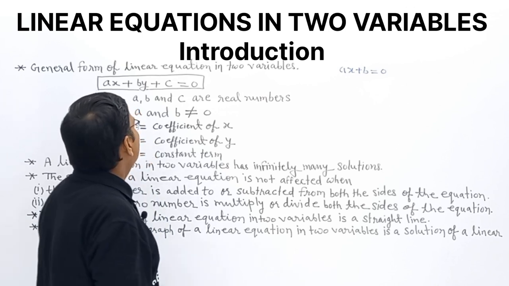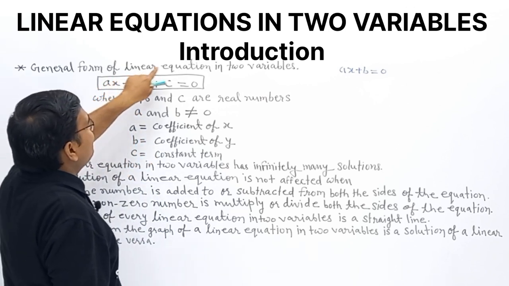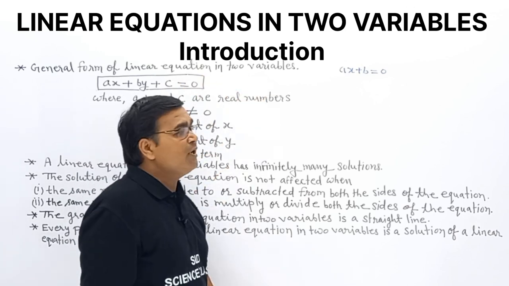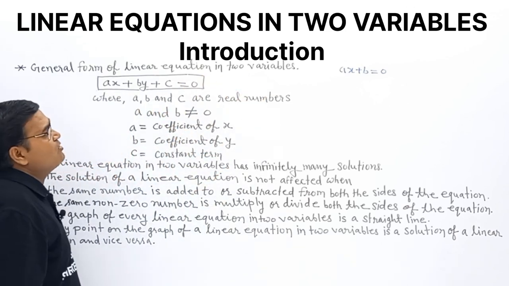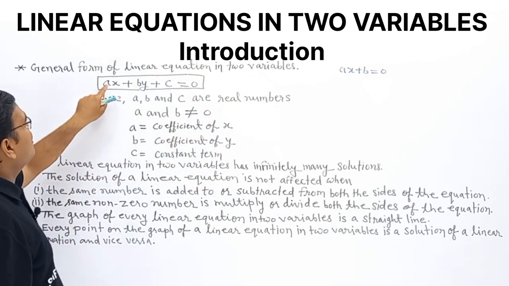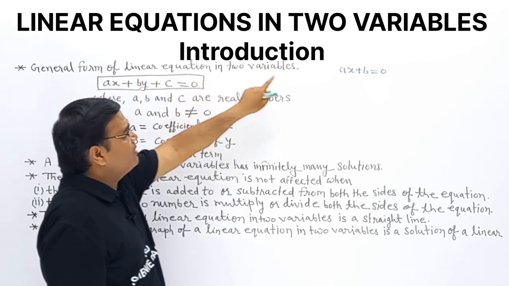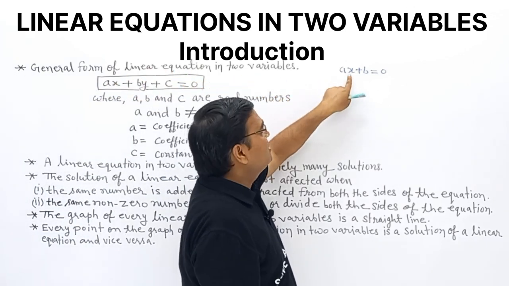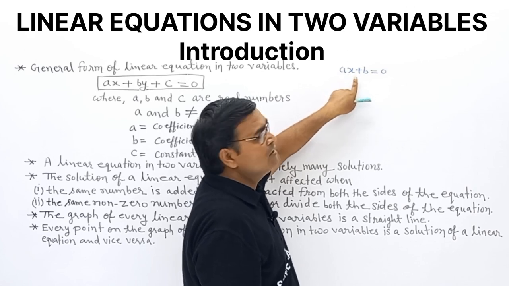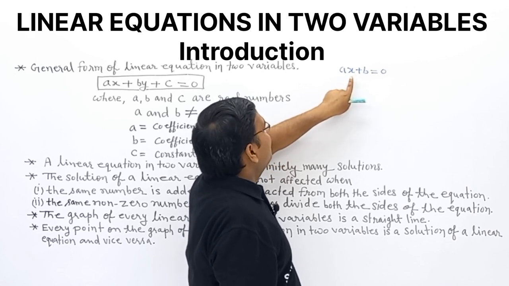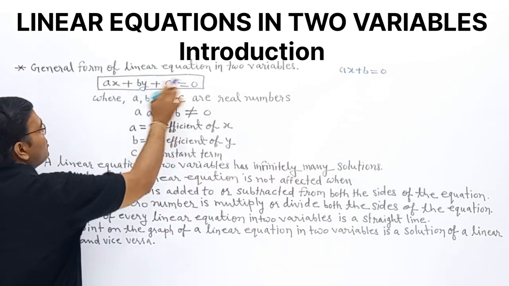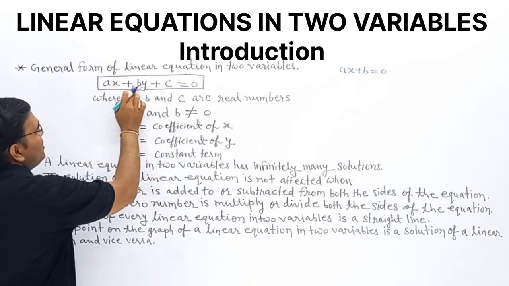Clear? But this chapter is about linear equations in two variables. Now the general form of a linear equation in two variables. This is the general form of a linear equation in one variable. But the general form of a linear equation in two variables is this one: ax plus by